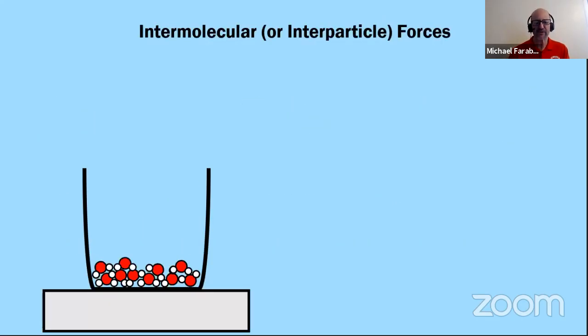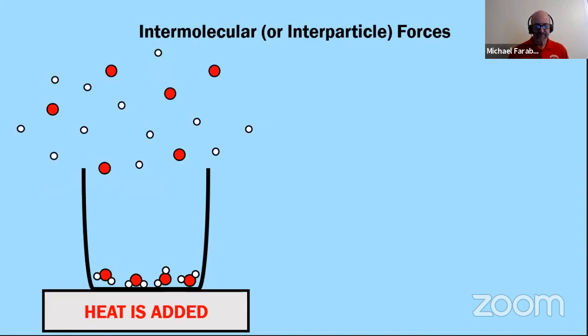Okay, so I want to talk about intermolecular or interparticle forces. I have a sample of water molecules here, and we're going to go ahead and add some heat to these molecules. I'm going to try to boil the water. Take a look at the next particle diagram and tell me if you think this is what's happening when water boils. Hopefully you realize that that is not what's happening to water molecules,